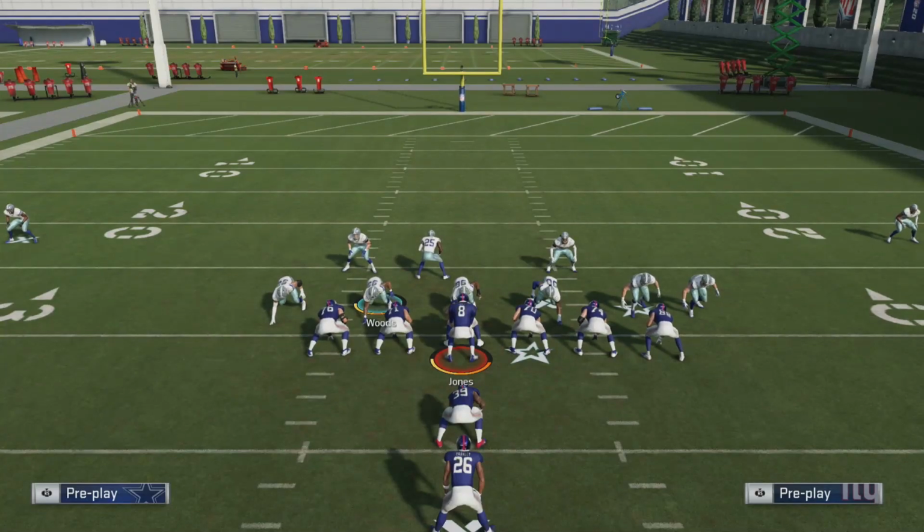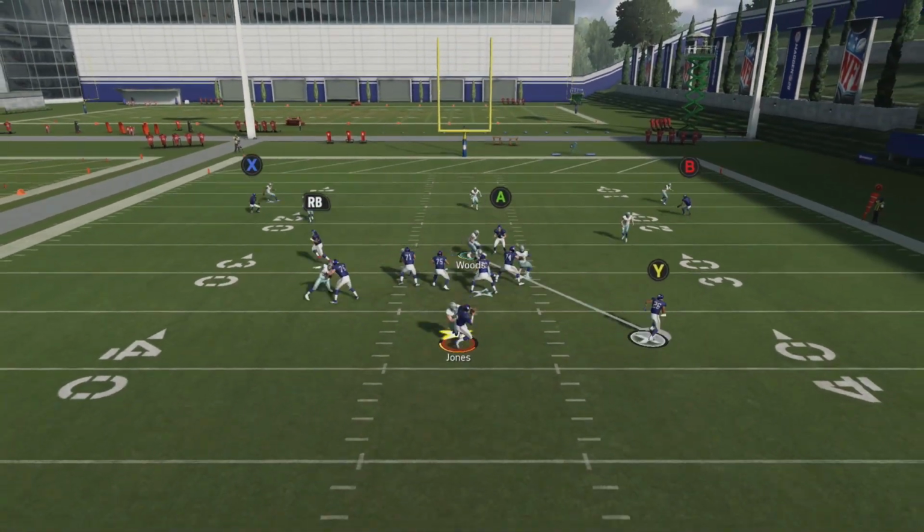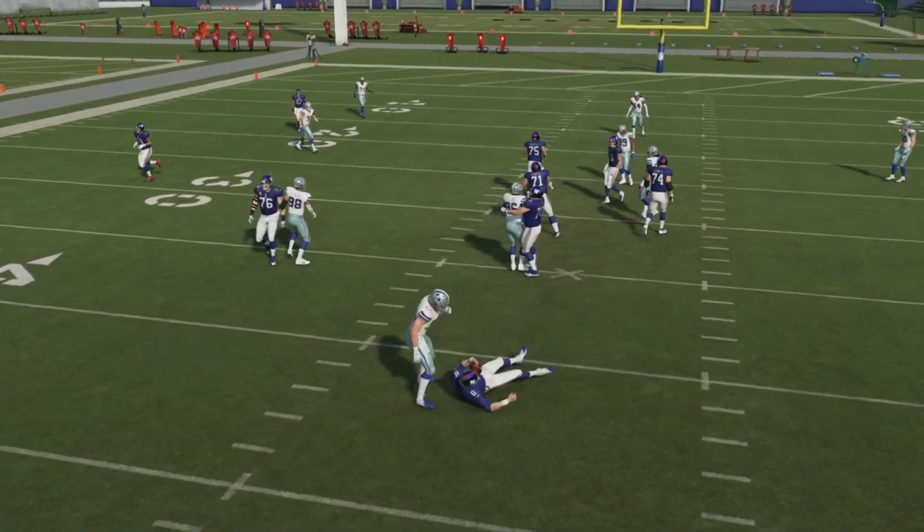Now we're going to stay in control of him, and I'm going to run this blitz, and we're still going to get pressure off the edge coming from this guy right here. As you look at it, he's still going to get that pressure. And I want to show you something else as we keep going here. So there we go. We drop him back, and now we're in control of that linebacker, or not linebacker, that